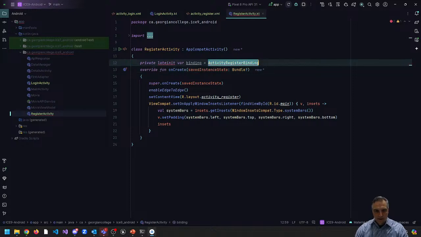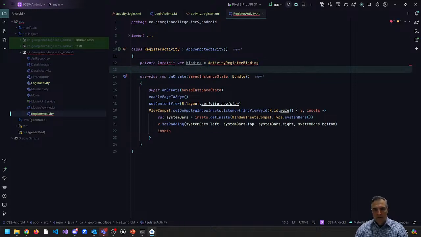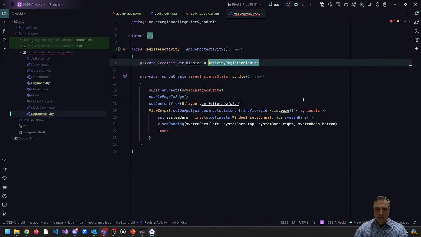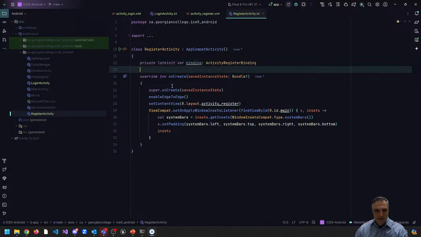And yeah, activity register binding. Why is it giving me an issue? Oh, it's of type, not equals. It's of type this, and then what we want to do again, if you take away edge to edge,